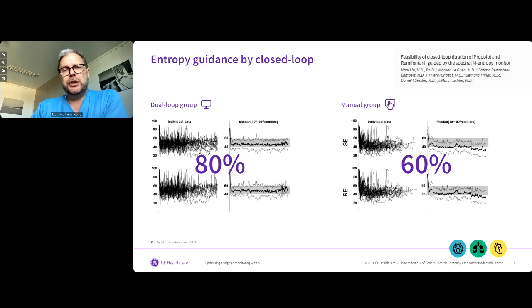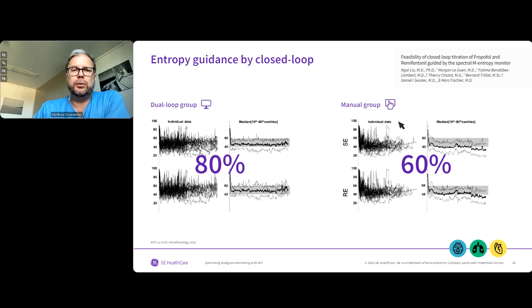It is really challenging to keep the depth of anesthesia in the right place. And this is just a look into the future, because how can we adapt anesthesia? We see here a group that used closed loop monitoring, so a computer system guiding to be in the correct range of the monitoring. And this is much easier, and the percentage of staying in the target zone is higher in the computer controlled closed loop group